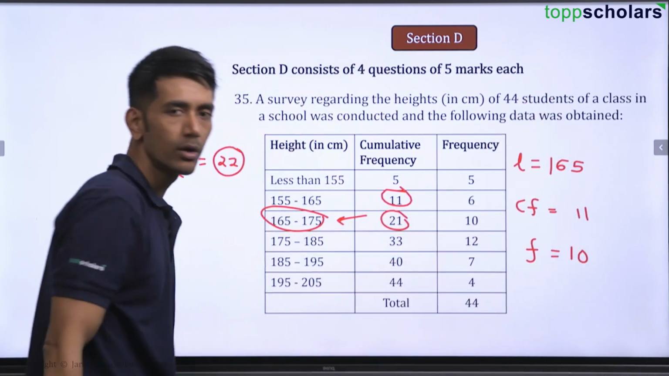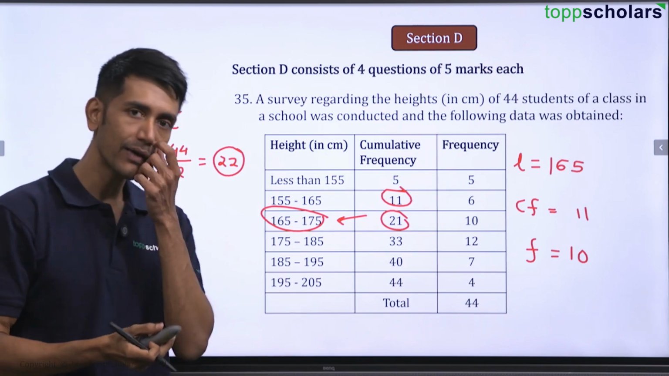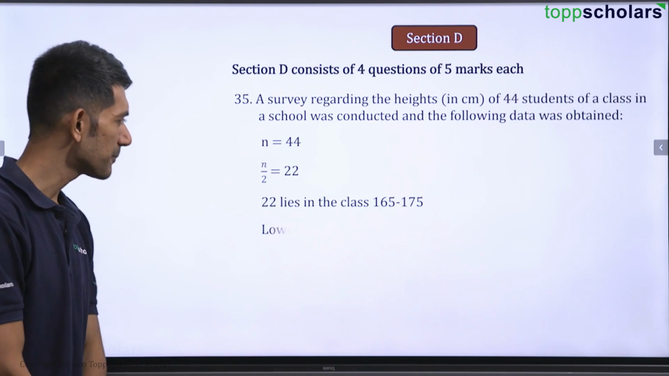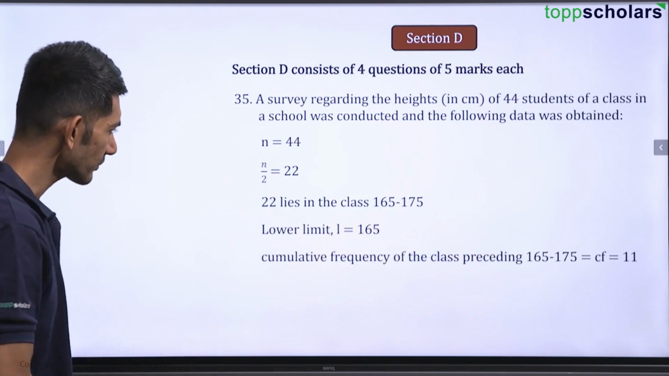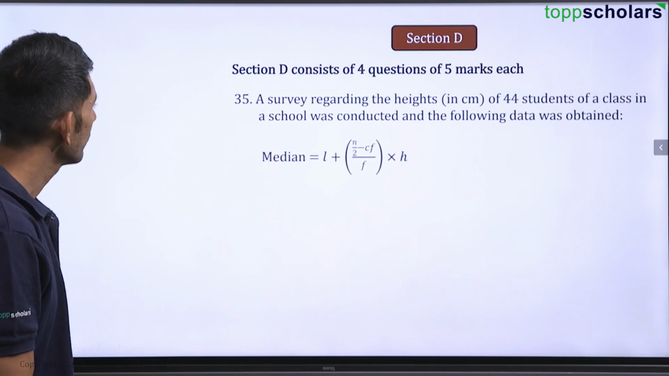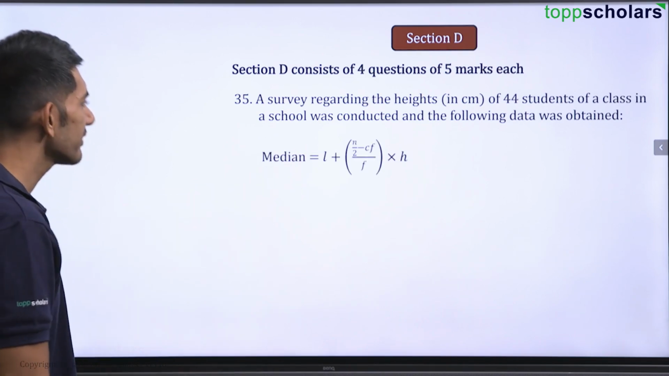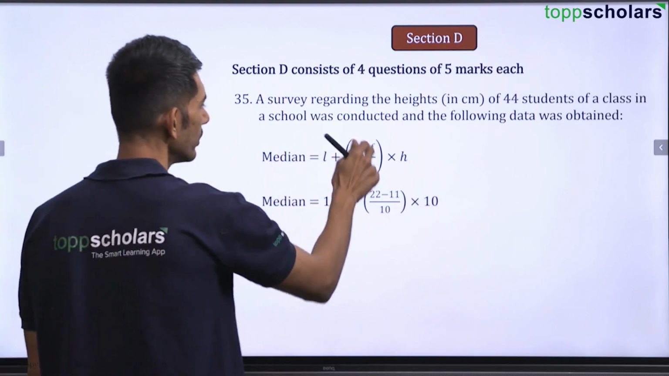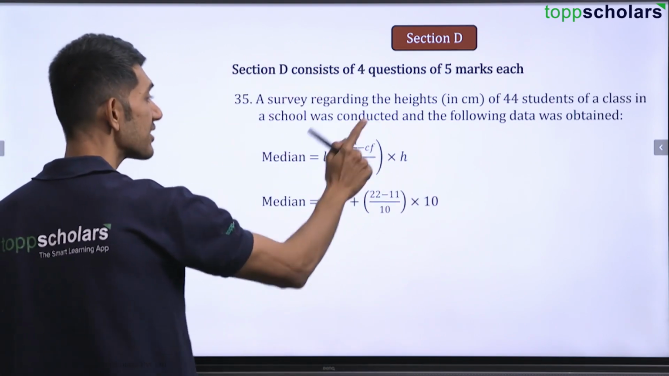I hope you have understood how to find out the values now. Once you get the values, you have to put them in the formula. It is simple. After getting these values, write down the formula: L plus (n by 2 minus CF) by F into H. L is 165, n by 2 is 22, CF is 11, F is 10, H is 10, because if you